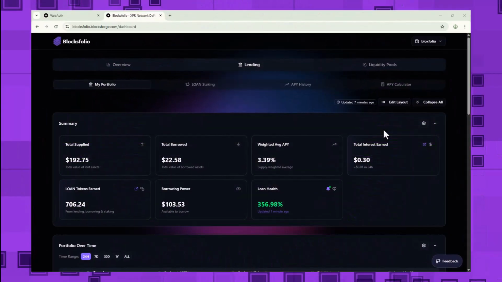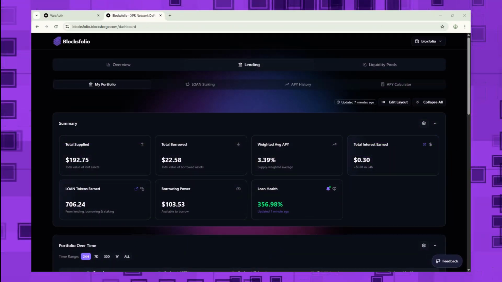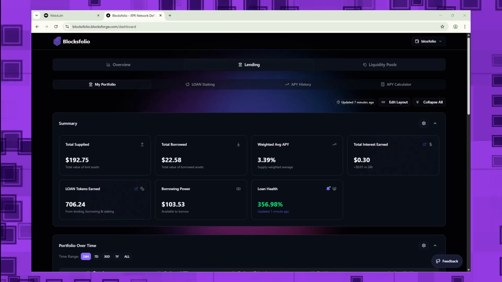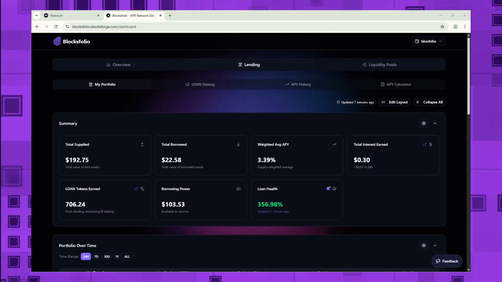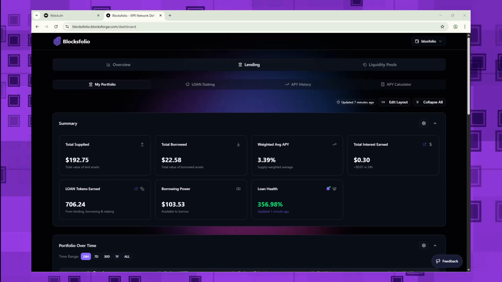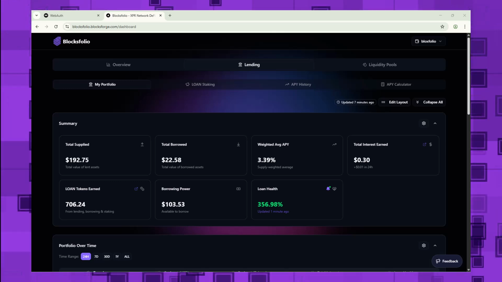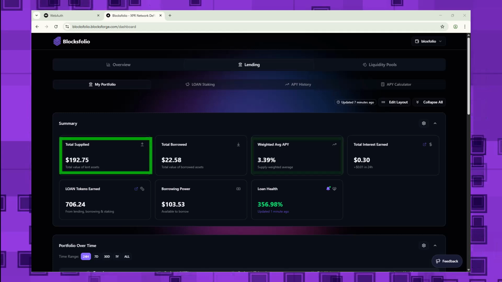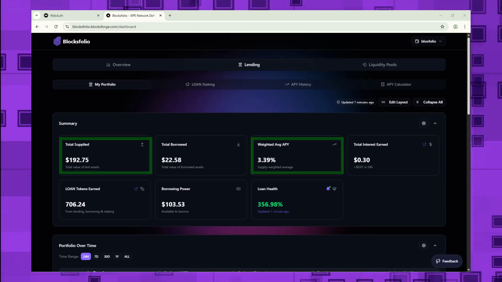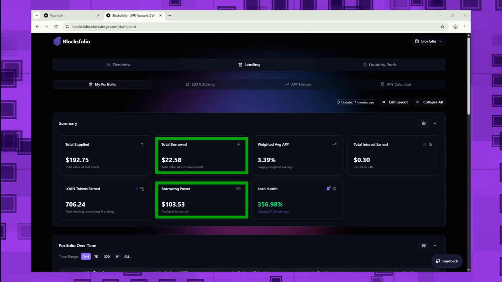To wrap up this first part of the series, let's quickly take a look at what we can expect from Blocksfolio in the future. Once we've lent, borrowed, and staked a few tokens using the regular MetalX apps, we'll automatically see all of that reflected inside our Blocksfolio app. At a glance, we can see how much we've lent out and what the average overall APY on our lent tokens is. We can see how much we've borrowed, how much more we could still borrow, and what our current